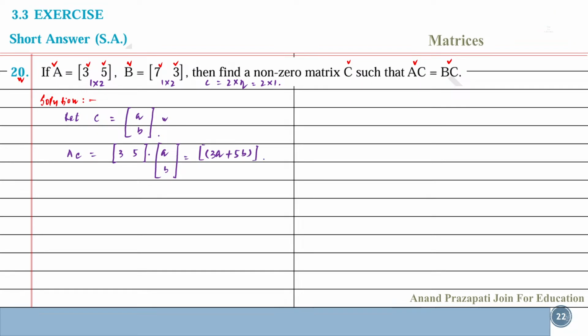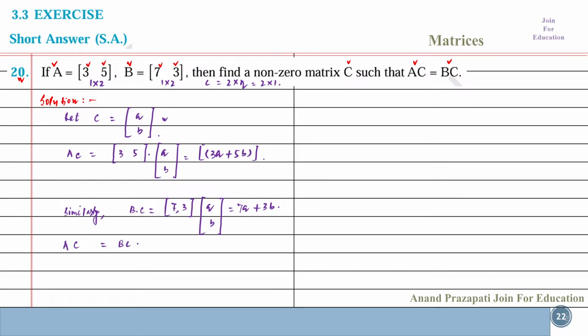Similarly we find out BC. Will be 2, 3A plus 5, 7, 3, and this is AB. So this one will be 7a plus 3b. So from question here given AC equal to